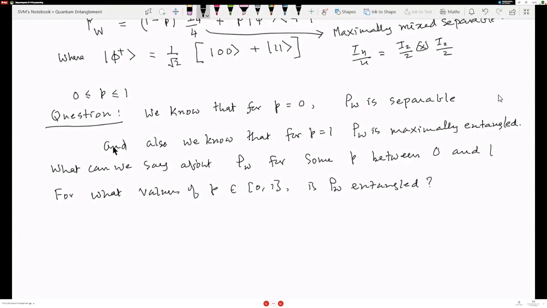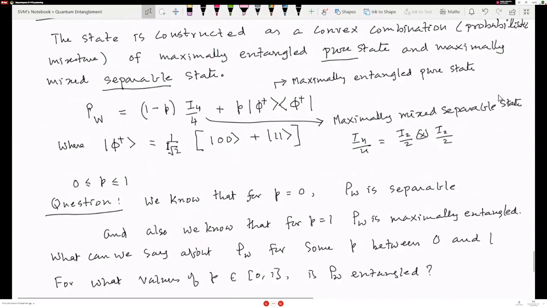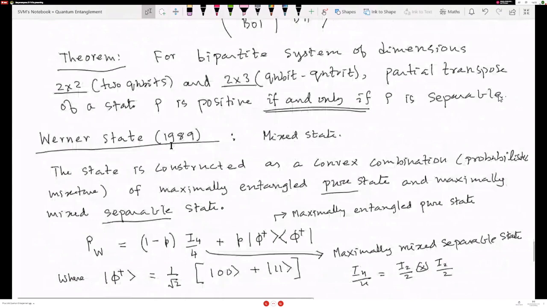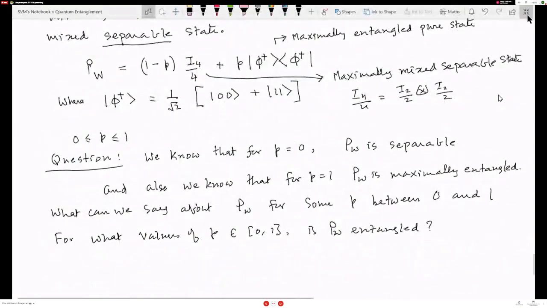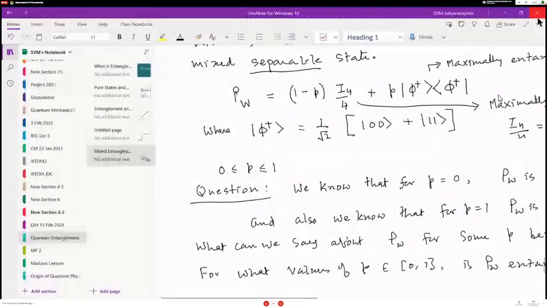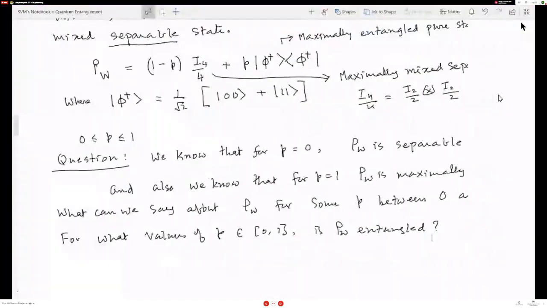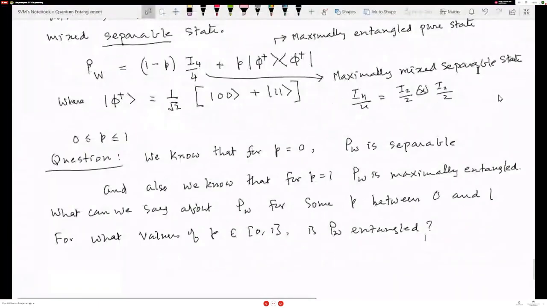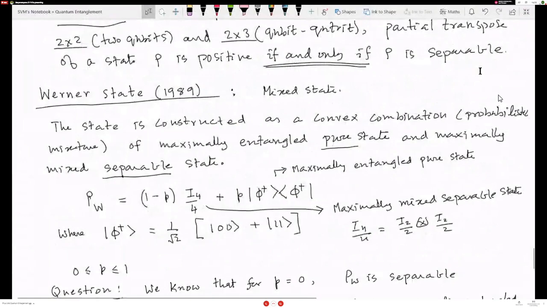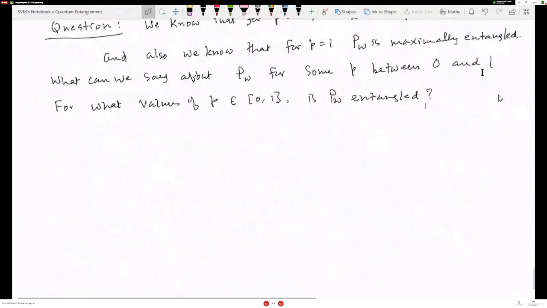Okay, so this is the question that we would be interested in asking. Now, since rho W is a mixed state, we have to use this PPT criterion to answer that question. So let us try to answer this question. For that, we have to write a matrix form of this. So that is your rho W